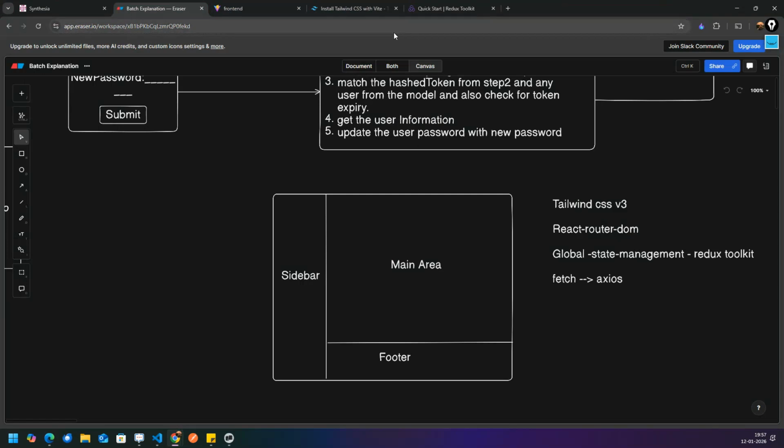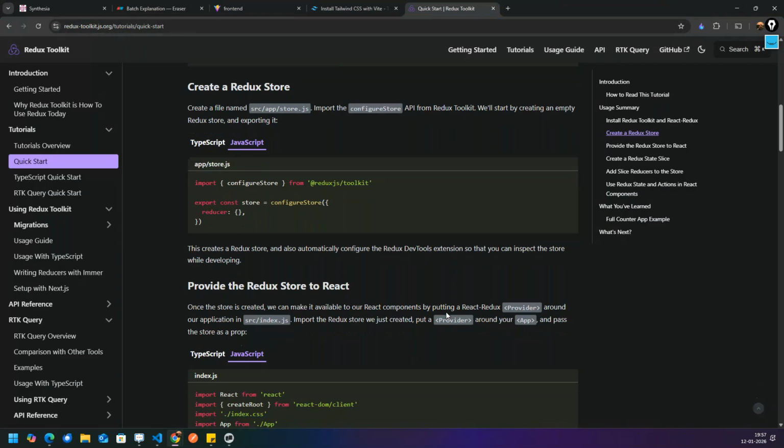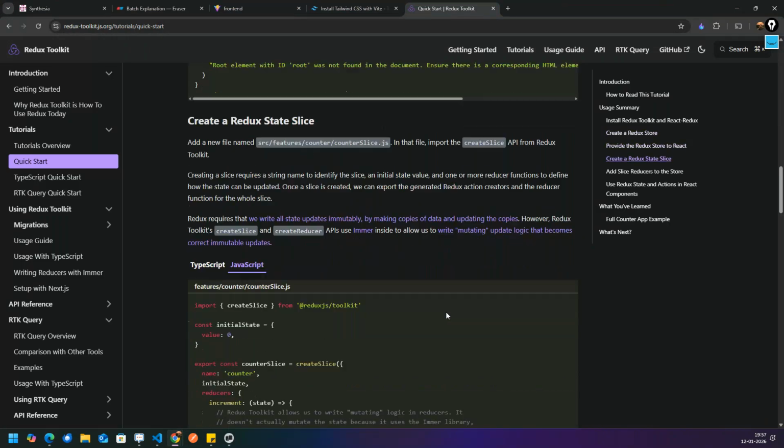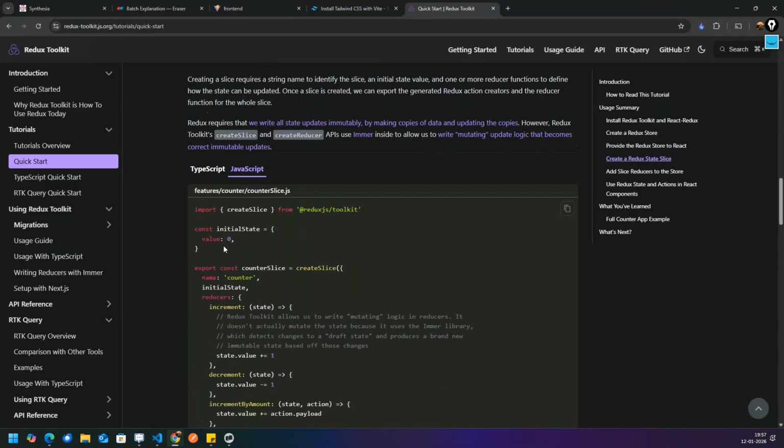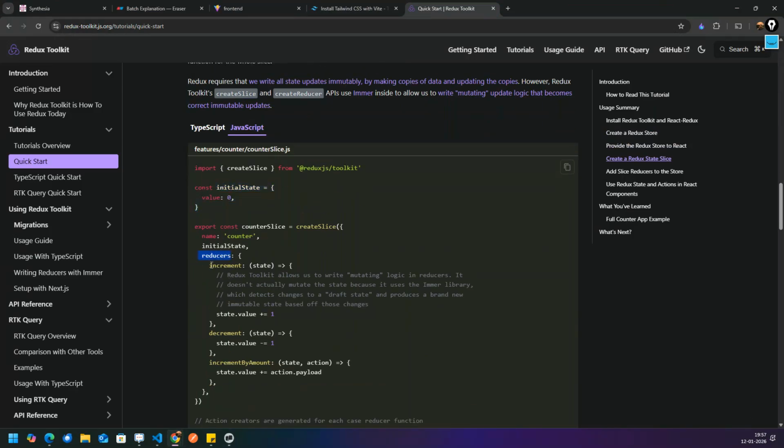Fine. So let's see how to write it actually. You see over here, we have an initial state first of all, and then reducers are there. Now increment is one function, decrement is one function, and increment by amount is another function. Functions means just like I told you to bring me a black color shirt. That is a function, correct?